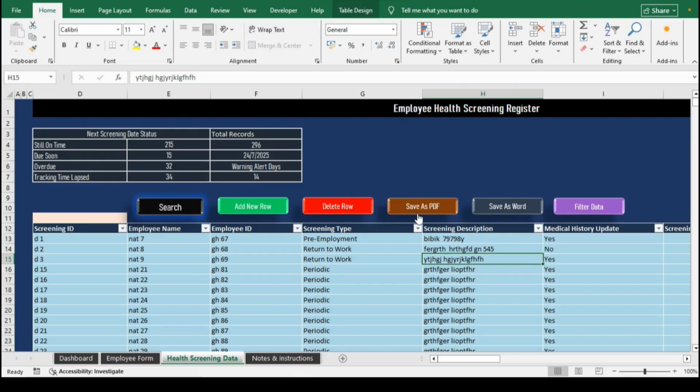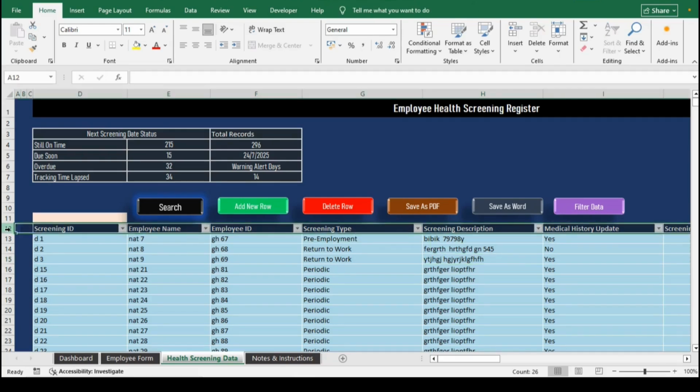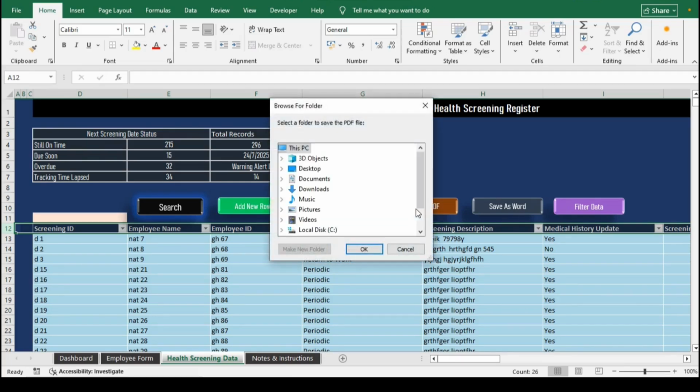When saving the table range as a PDF file, you don't need to include the table column headers in the selection. If you mistakenly include the headers, your PDF may display double headers, which can look unprofessional. Instead, simply select or highlight the data rows only. Click the Save as PDF button, then browse to the folder where you want to save your PDF file and